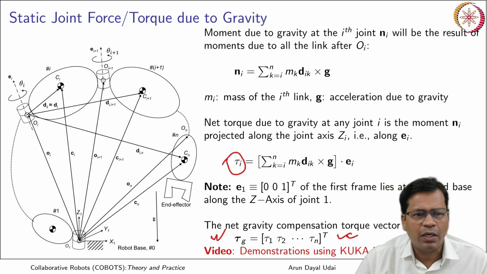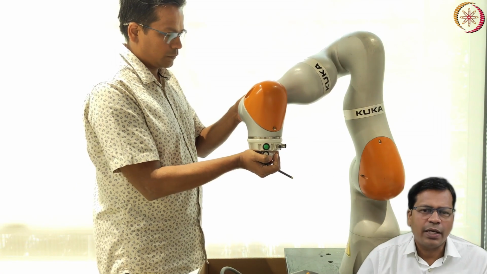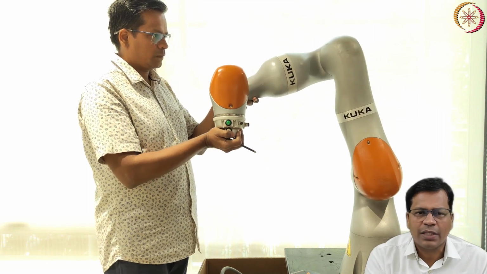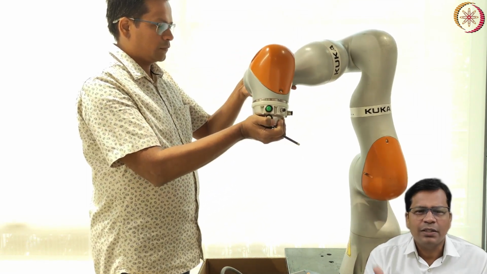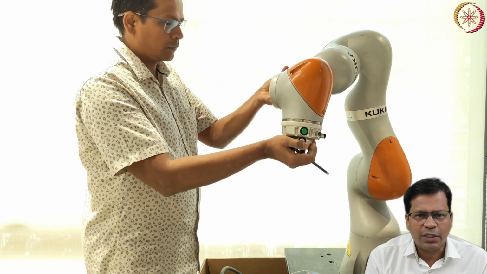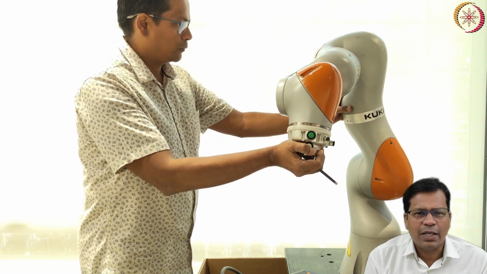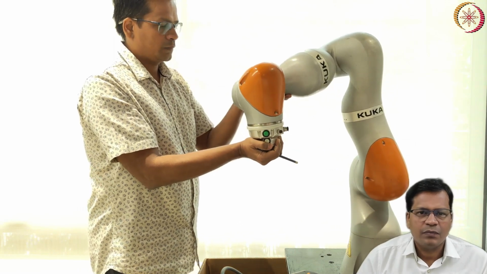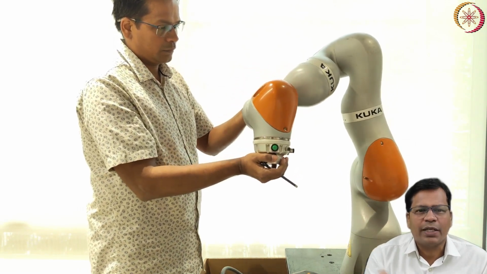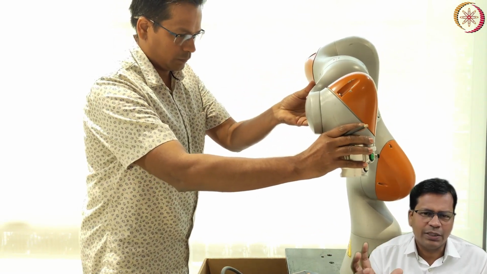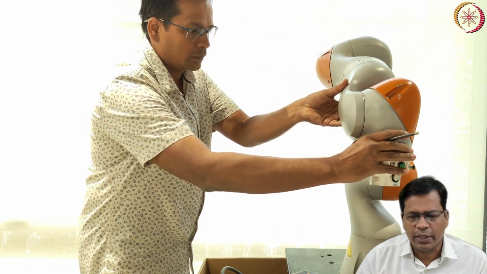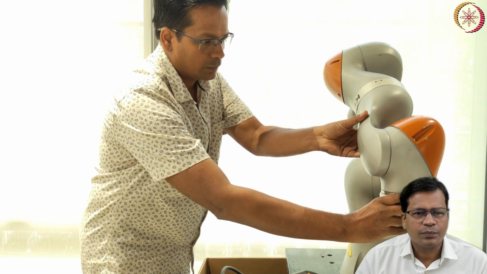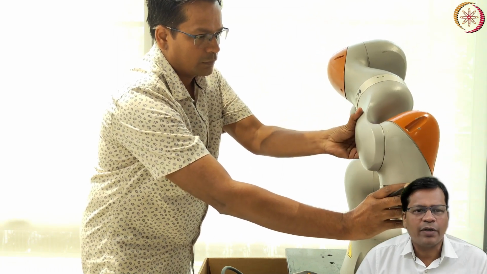Let me show you a small video. So you see what I am doing. I am able to manipulate this robot, take it to different places directly without feeling the forces due to gravity. Each of the links is not very light as I am feeling it. So you see I am able to drag this robot anywhere. I can orient it, I can position it, I can put it to any point anywhere. Got it? So this is the beauty of having such an algorithm.